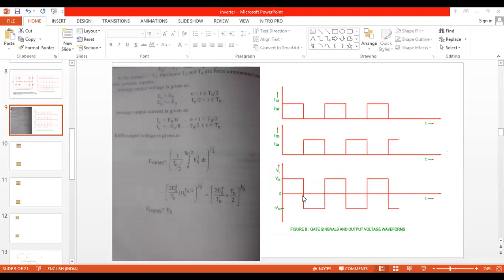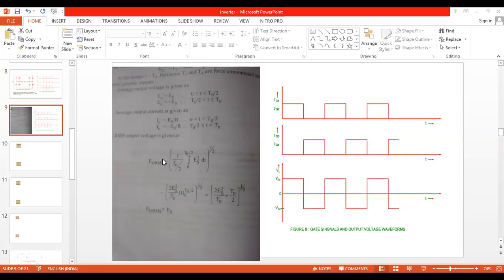Now I want to derive the expression as I am converting DC voltage or DC current or DC power to AC power. In all textbooks, derivations are taken in terms of the voltage. You can see here we have taken a screenshot of the textbook image, only a 1-2 line derivation. So what is the output voltage of the bridge inverter? Remember, we have done converters, output voltage with resistor load, inductive load. Now the output voltage of the bridge inverter is nothing but the RMS voltage, because we are generating AC voltage. AC means the real name of AC is RMS, as we have studied already. So the output voltage expression is RMS.